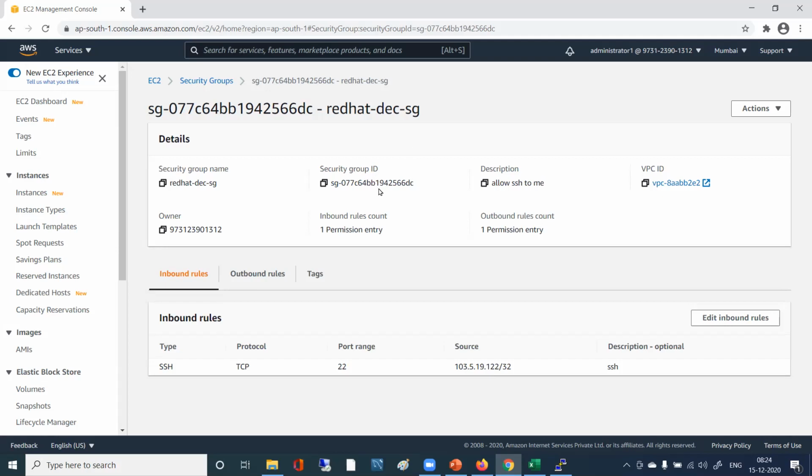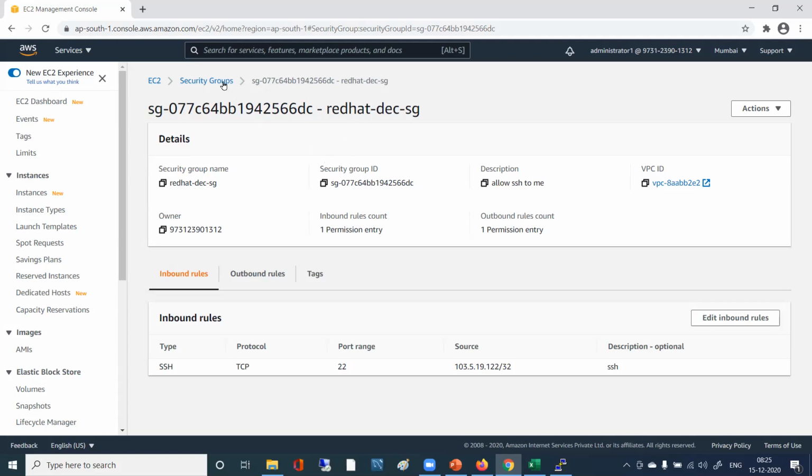I have to change. What is the name shown here? One second. NFS DECSG, something like that. Correct? Security group name, Elastic file system is showing. So you have selected that elastic file system one, right?